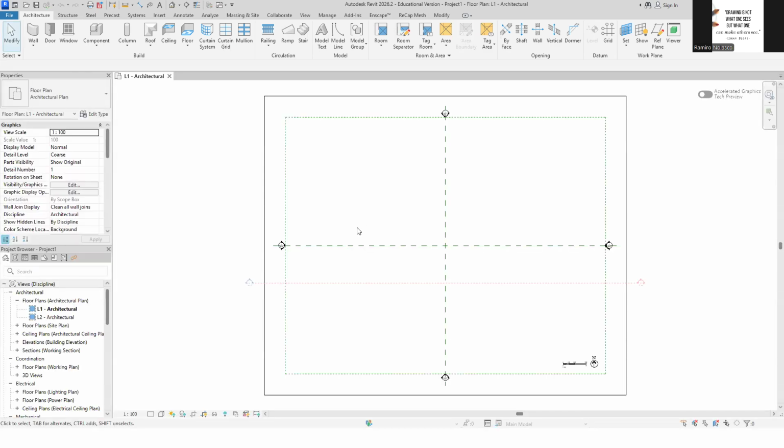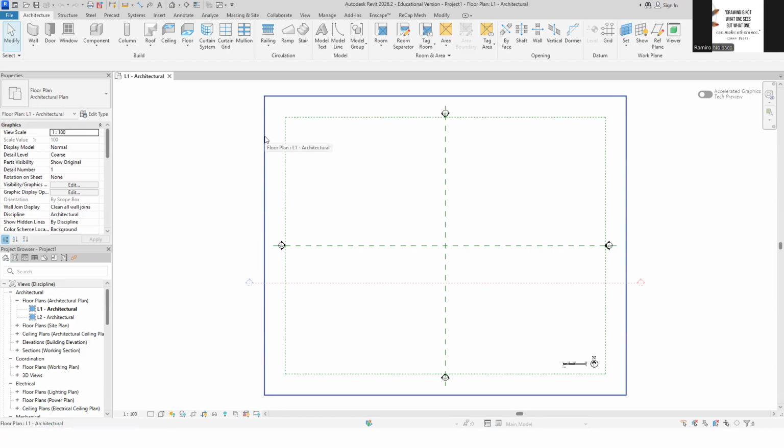Okay. So what we have here is the opening screen. So you have your drawing area and the current property selected. So whatever you select, the property of that object will be shown here.